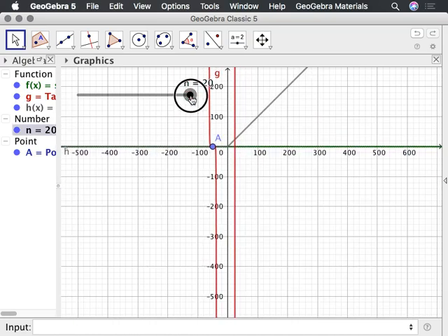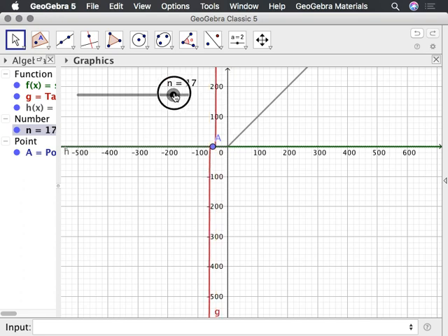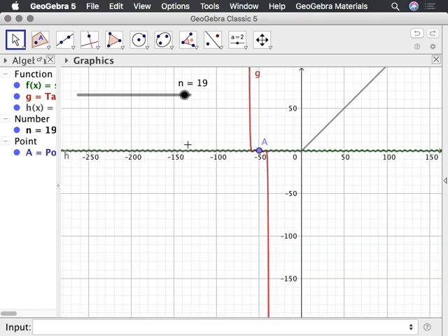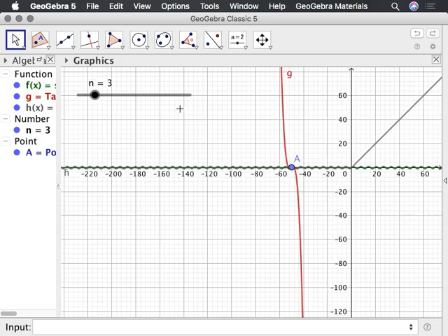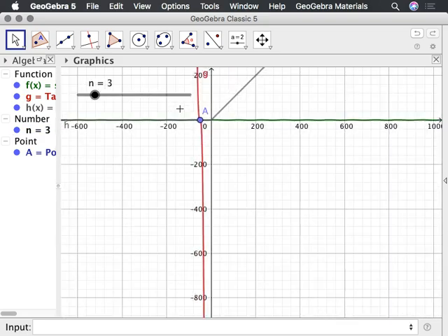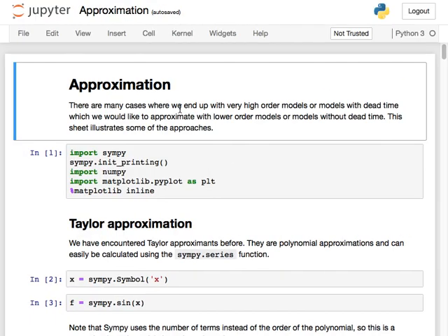The thing that makes Taylor series nice, and just to prove my point there, you can see that's the odd polynomial, right? So odd polynomials all go to different sides, and even polynomials all go to the same side eventually, right? So that's polynomial approximation, and we can see not great behavior far away from the point of linearization, and in fact it doesn't capture some very crucial characteristics, especially when we're talking about what is called far field behavior or asymptotic behavior, right? So I'm going to switch over to SymPy now